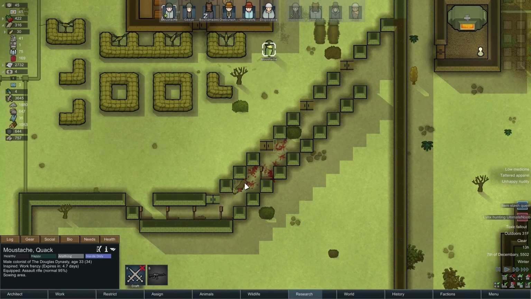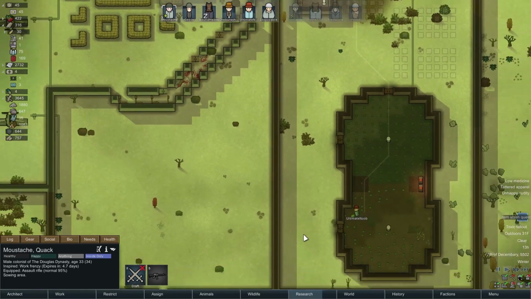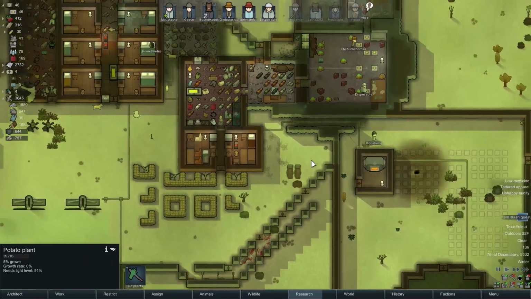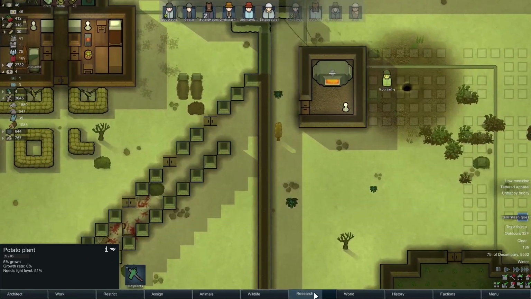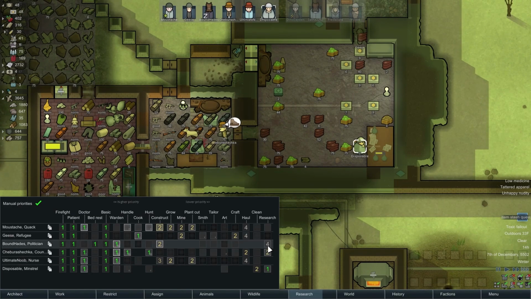But, you know, we wasted a couple of traps, and we got no meat from that, which is very unfortunate. Oh well. Ultimate Noob's still doing planting. Just let me get my research done. Disposable is not the best researcher, but if they can do it...